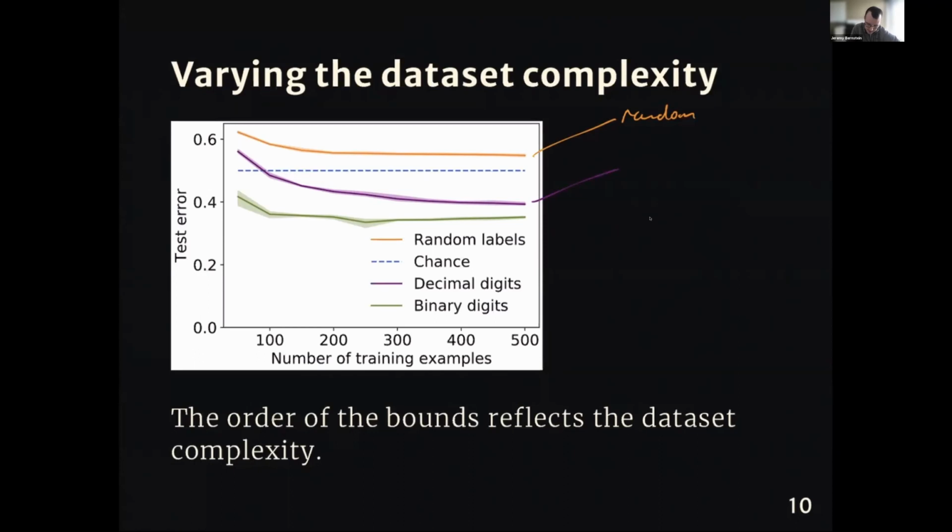And the green curve is MNIST, but restricted to only zeros and ones. So we threw away all the other classes, which if you think about it, makes the classification problem easier because there's less diversity in the data set. And so the point of this slide is that the ordering of the bounds reflected the complexity of the data set. And the final thing we did on the next slide is we wanted to fix the data set, but